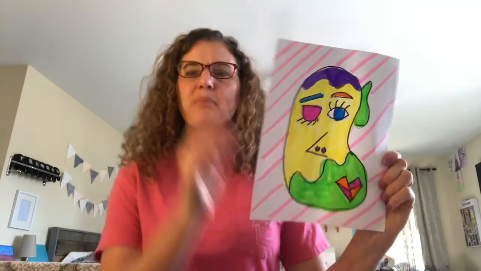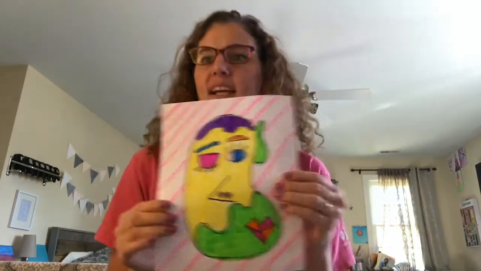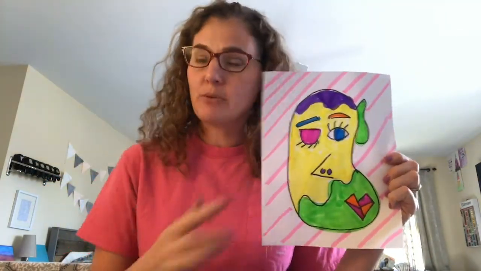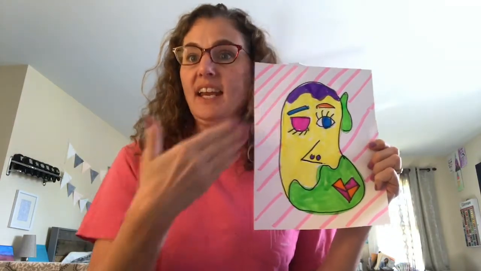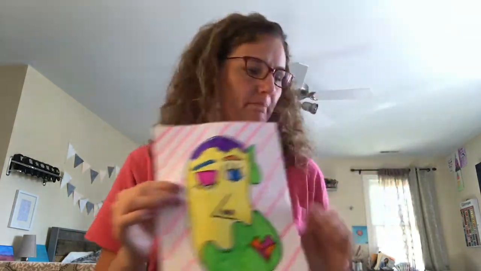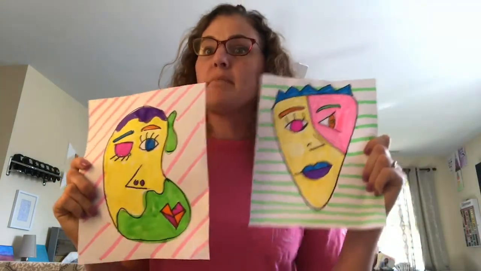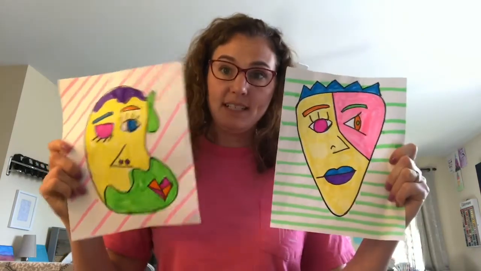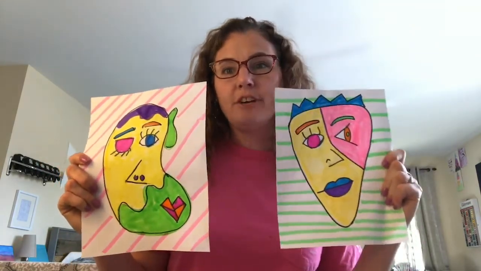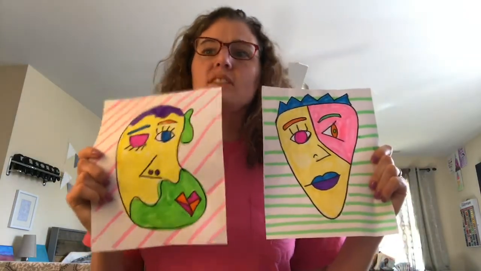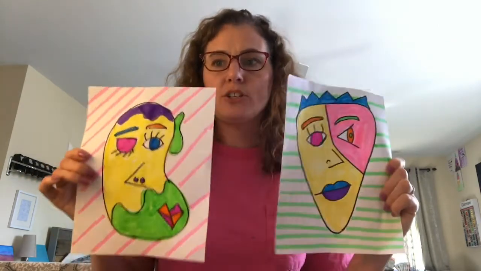Okay, so here is my finished Picasso portrait. You might notice that I took a black marker out afterwards, or you can use a black crayon, and I outlined all my details, and then I added a background just to give it some color, so it wasn't just all white. Now, you might notice the difference in my craftsmanship between these two. This is the one, my sample, where I took my time, really focused, and this is the one that I was just demonstrating to you. Just try your hardest, take your time,